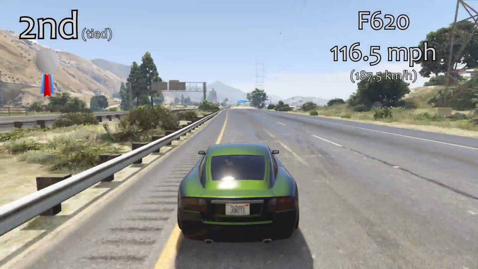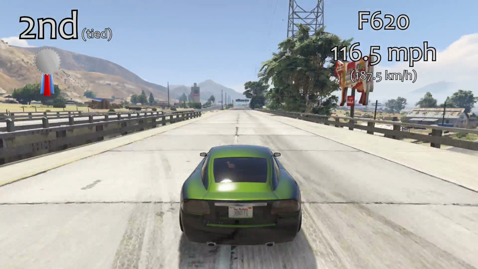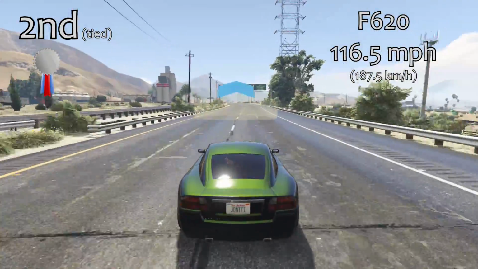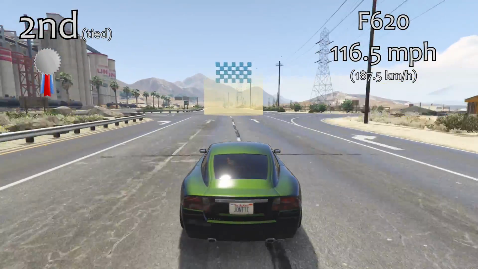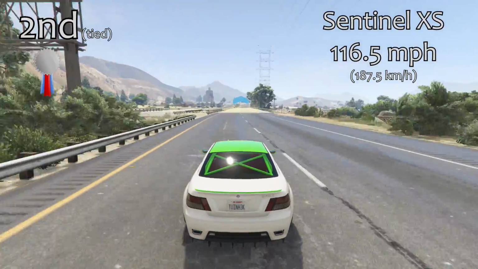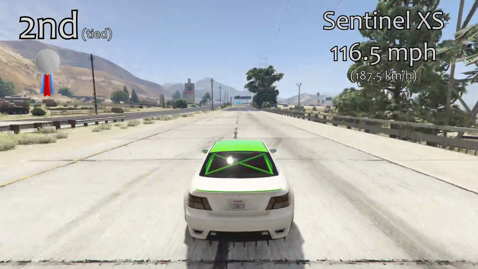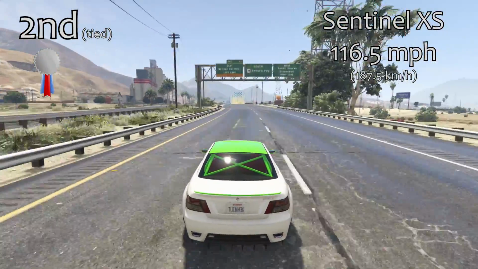Now, we've got a two-way tie for 2nd place here. 116.5 miles per hour for the F620, as we're seeing here, and what we'll see next, which is the Sentinel XS. So, as I was saying, some of these cars, we've got the regular Sentinel, the convertible version, and the Sentinel XS. They are different in terms of performance. 116.5 miles per hour, not too bad in terms of top speed, 1 mile per hour quicker than the Exemplar,